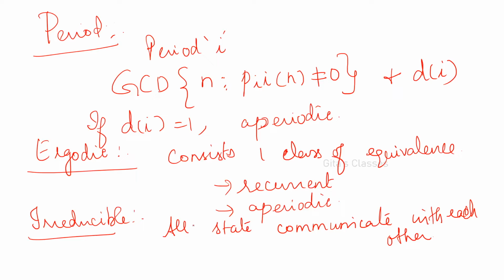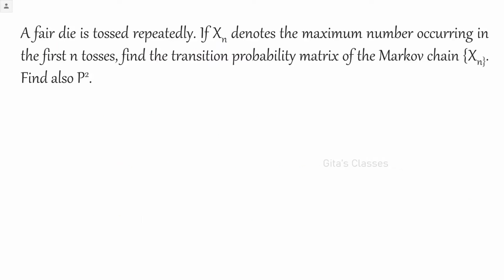You can expect, in matrix form, the TPM, the transition probability matrix, to be given. You will be asked to find out the nature of the states, irreducible, whatever it is. First you draw the graphical representation, then it will be very easy for you to find the period, ergodic, irreducible, everything. You can find it very easily if you have the graphical representation. Okay. Let us see one problem.